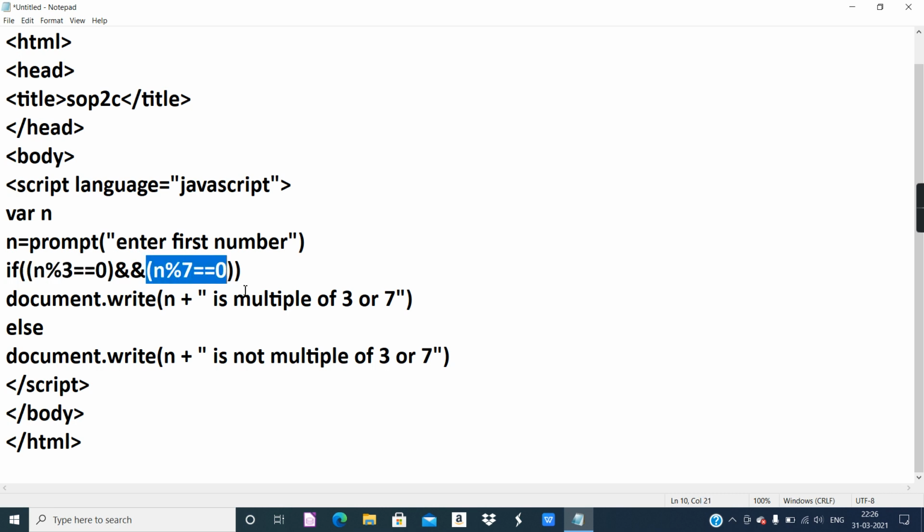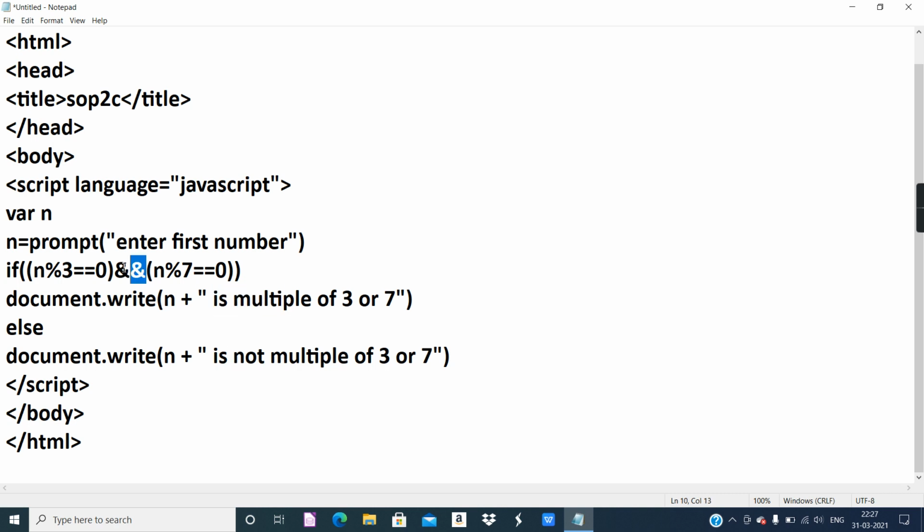The entire condition, from start to end of the if structure, will have one opening and one closing parenthesis for the if. In this manner you have to design the condition. For and, both conditions must be true, then only it is true, otherwise it is false.